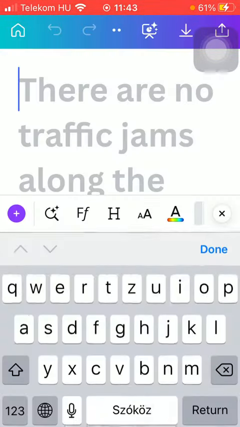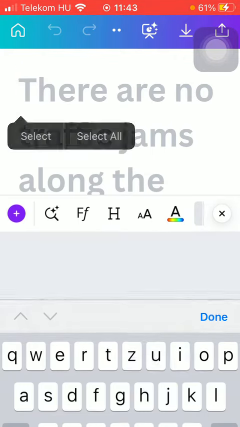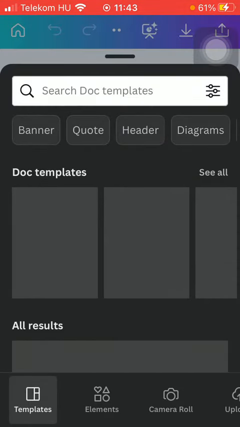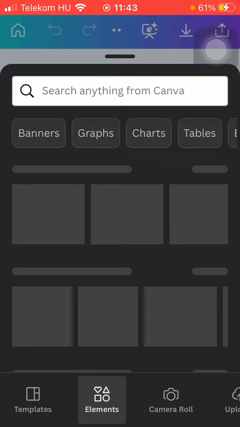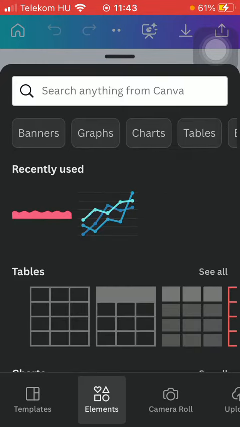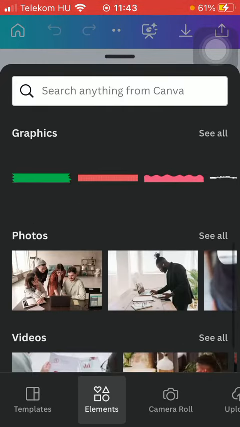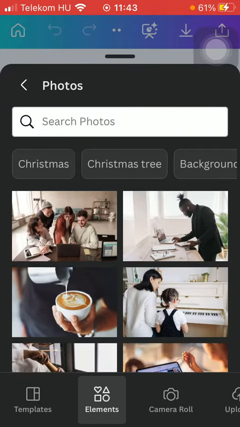Once it is loaded in, then tap on the plus icon as I have mentioned and click on the Elements button, which is the second section down below. Then scroll down till you find the Photos section, click on See All. And here you can find a bunch of pictures,